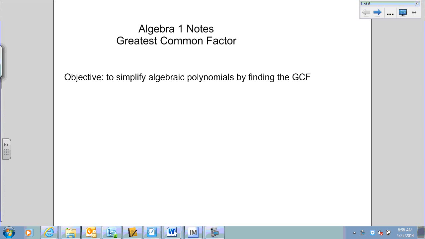Recognize those words. Greatest, what does greatest mean? Biggest, best, the highest. Common would mean something that you share. When we talk about what people have in common, it's a characteristic, a trait that they have in